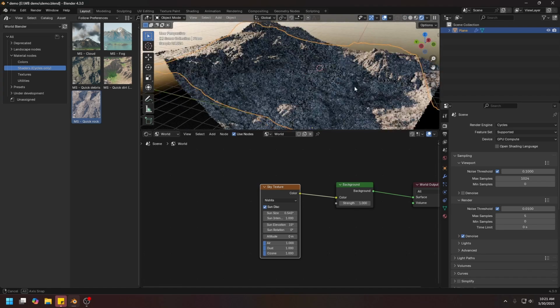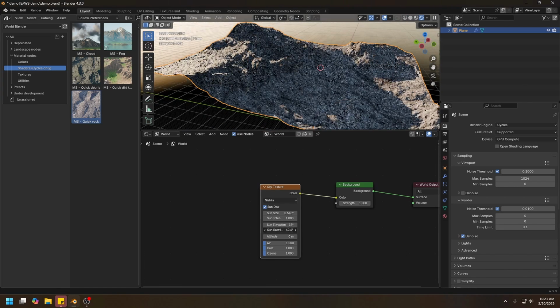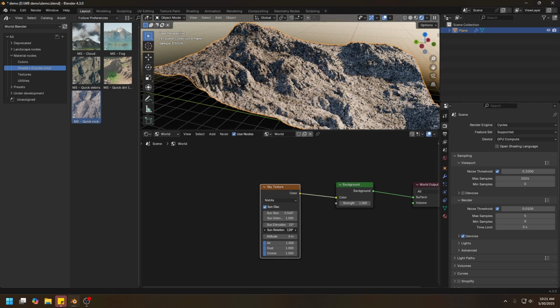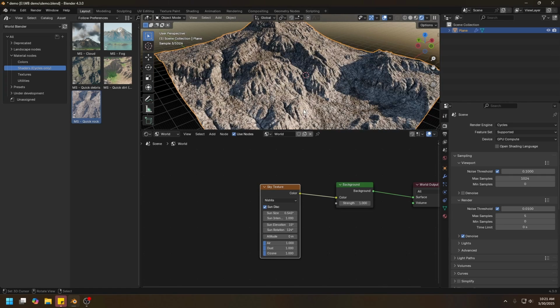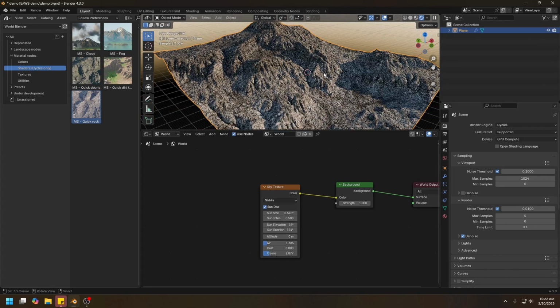The sky texture does have a sunlight, so we just need to rotate the sunlight like that. I think the sun is a little too strong, so I'm gonna lower the intensity of the sunlight, get rid of the dirt, increase the ozone a little bit, as well as the air amount. Alright,